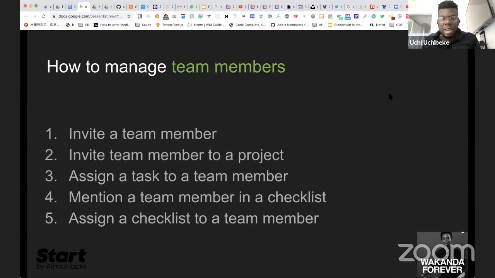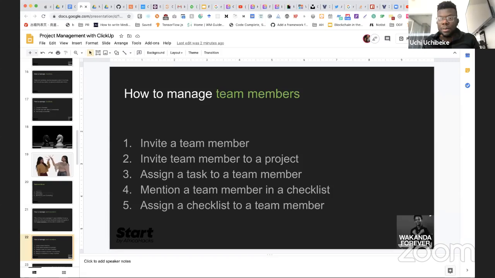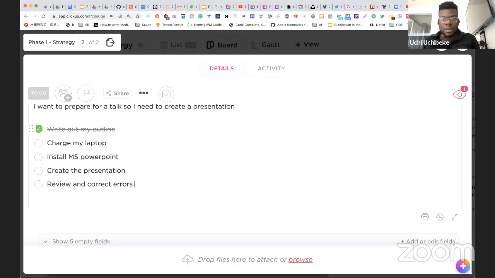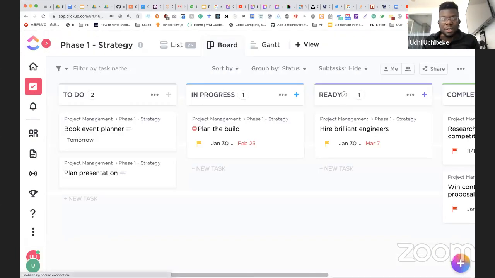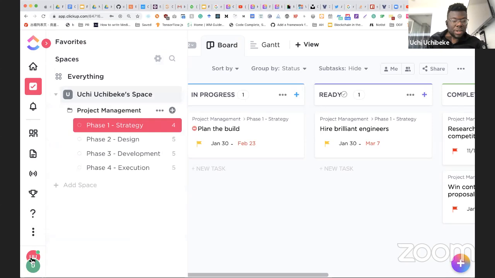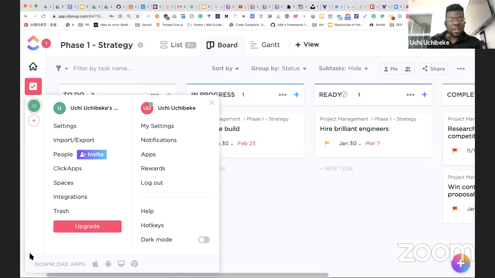So switching back to ClickUp here, we want to add a new team member to our workspace. How you do that, again, is by clicking on the bottom left menu item there. So if I click on that, I would see my workspace here, and I'll be able to add team members. So if I click on people,